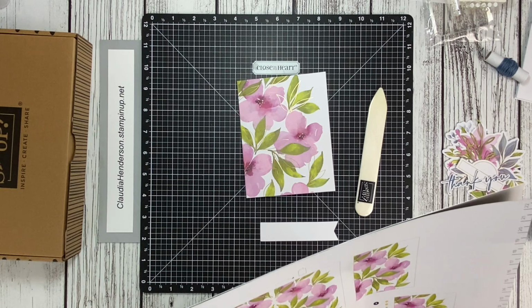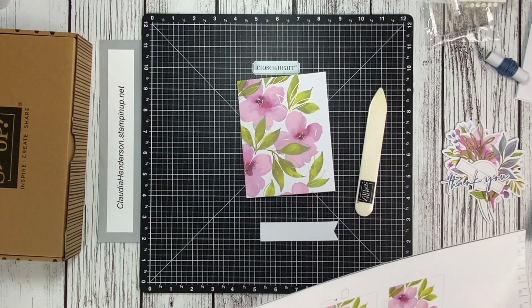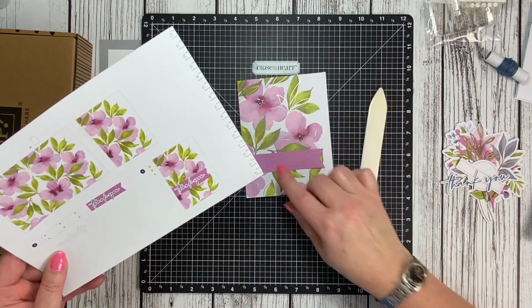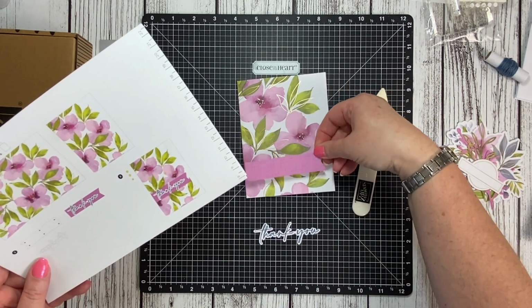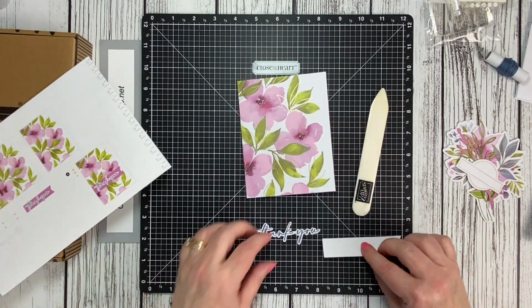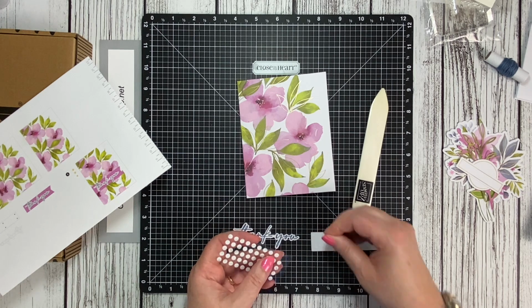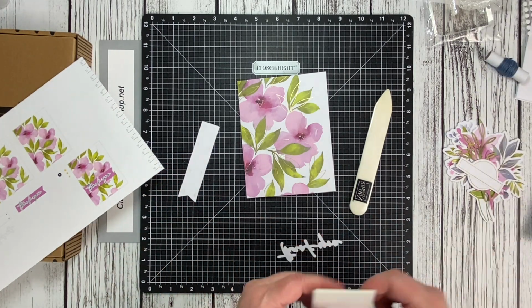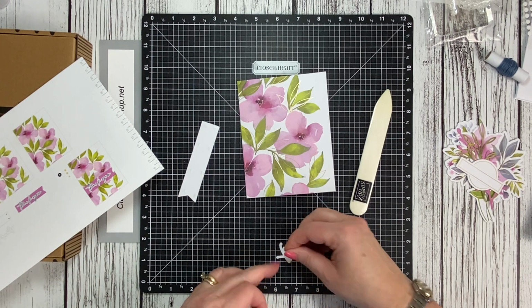So this one is actually put directly on the card front. If you would like to raise it, you can raise it as well. But in this case, they put this one flat to the card and then raise the thank you. So you can do it in reverse if you want to. Put the thank you on the little purple piece, or pink piece, and then put foam adhesive on that one. So I'm going by the instructions. So my little pink piece has the glue dots on the back, and now I'm putting some foam dimensionals on the